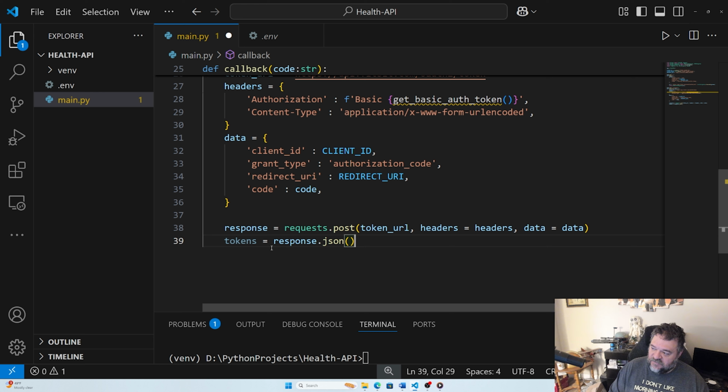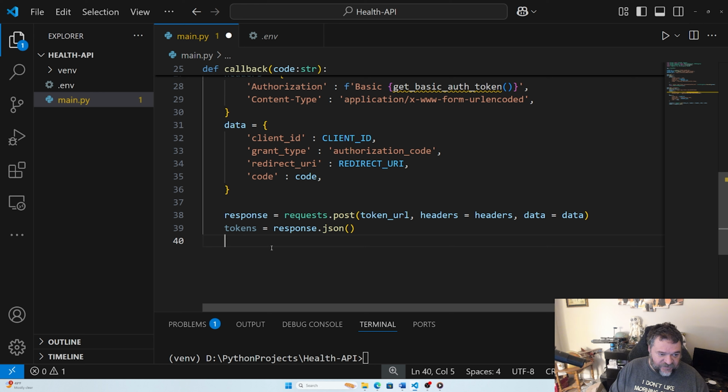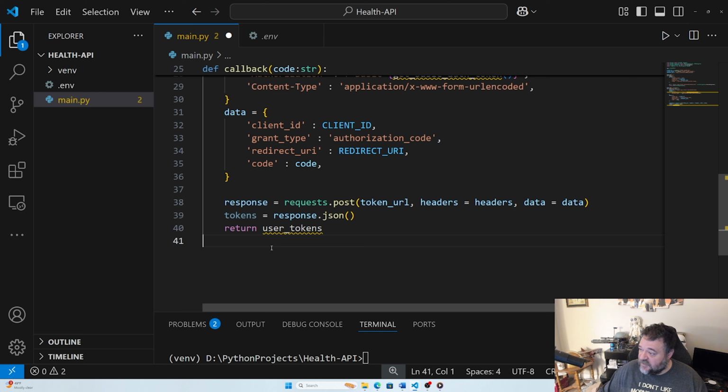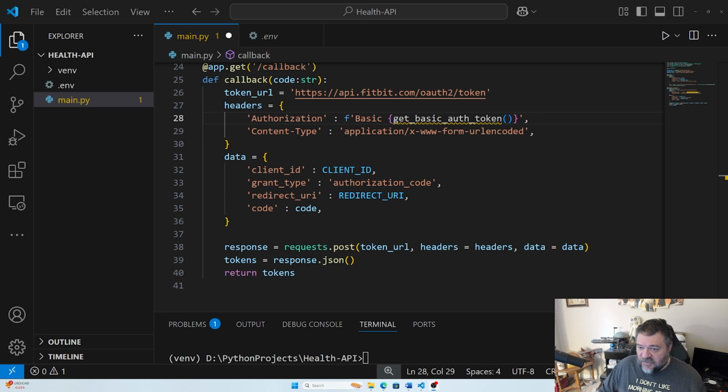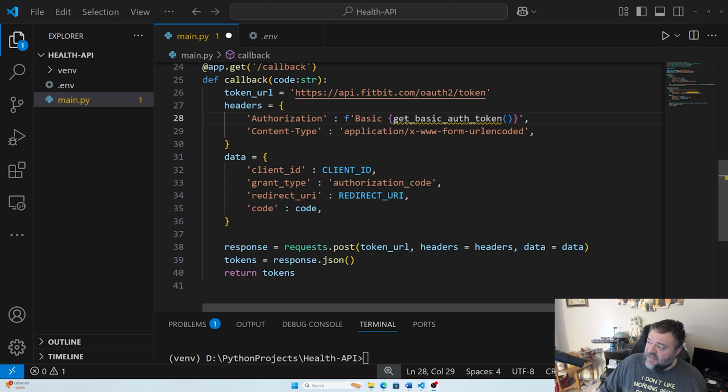So now what we can do is we can just simply return tokens. I'm sorry, I just named it tokens, so we'll just return tokens up there. Alright, so looking at this, we still have this little squiggly underline for the get basic authorization token, and we've got to do that. So let's go down here